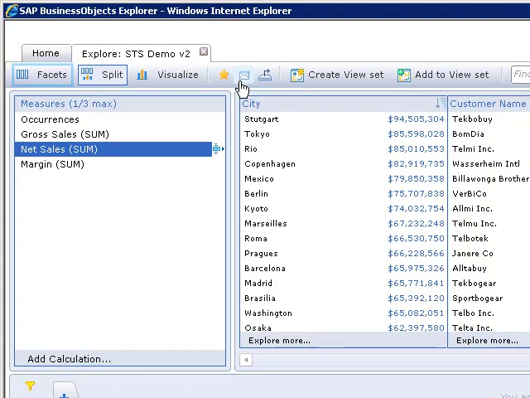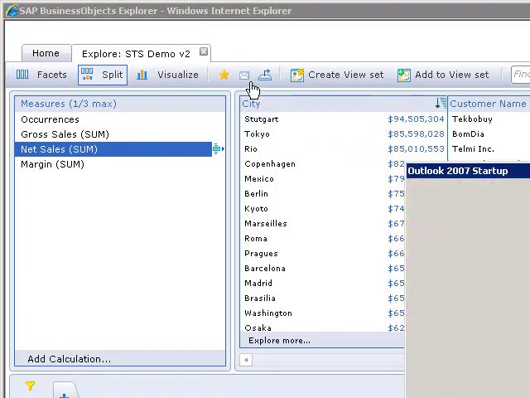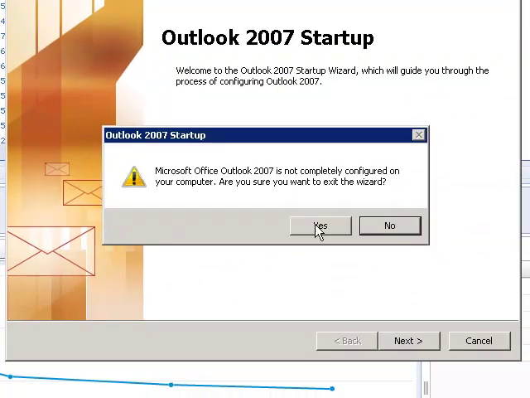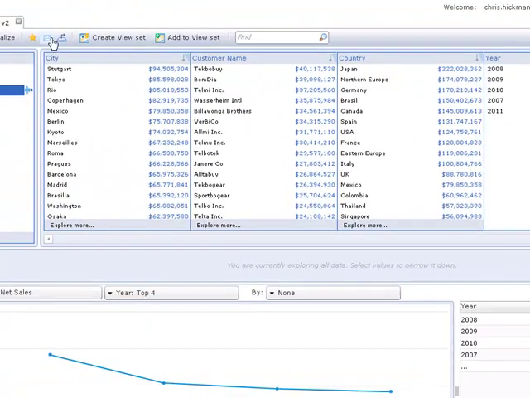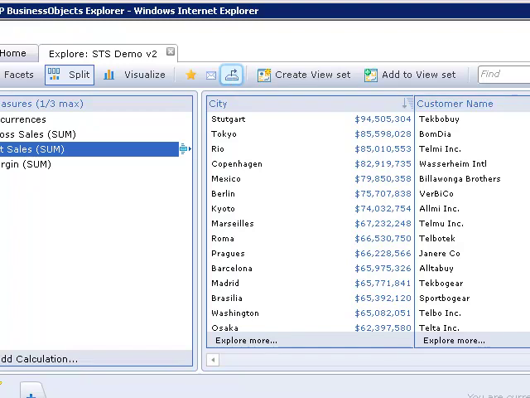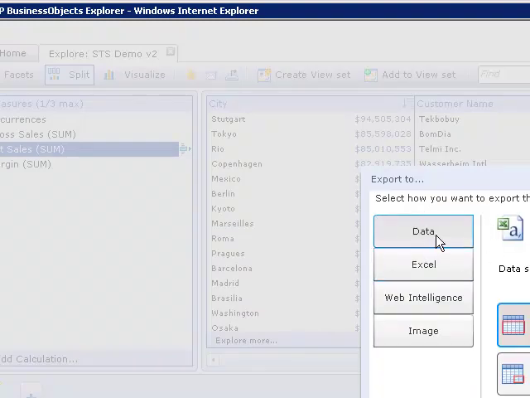and then of course with the STS Demo v2, if I wanted to share this out, I can click share this view by email, and I can send that out in an email address. If I had Outlook set up on this machine, it would just embed a visualization of this exploration, or this view. So I can also export the data by clicking the export button,